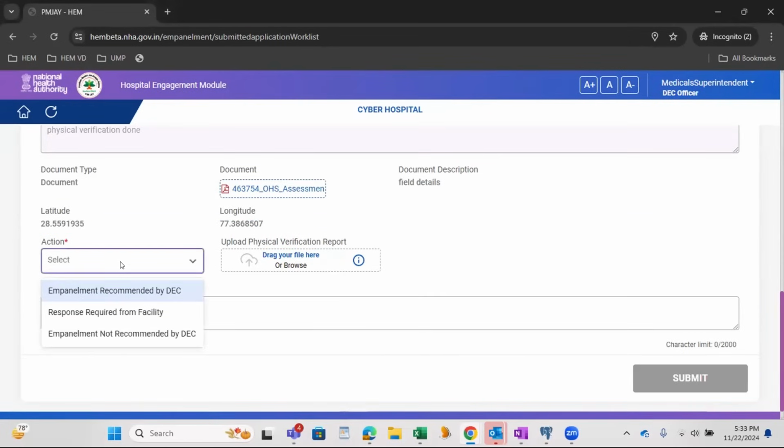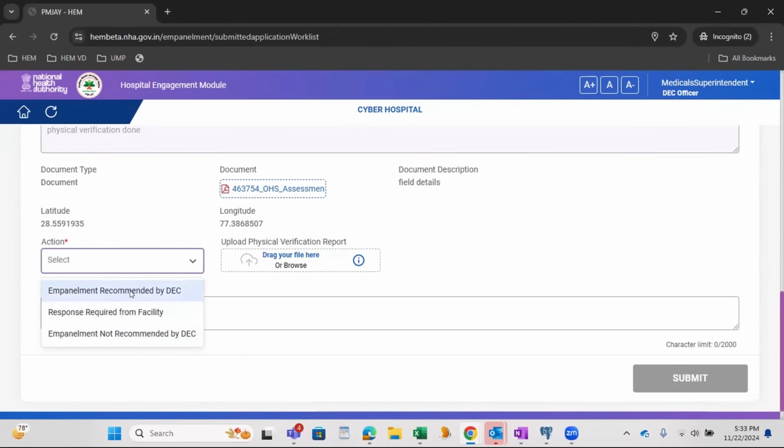Now the DEC user has this action drop down where he can select empanelment recommended by DEC, response required from facility, and empanelment not recommended by DEC. So if the DEC user wants, he can approve this request, he can raise a query, and he can reject the form also.